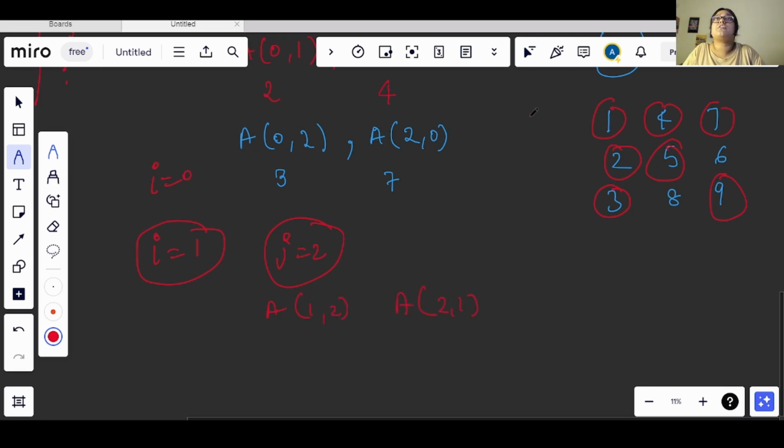So this is 0 1 2, this is 0 1 2. Here A of 1 comma 2 will give me this 6, and for A of 2 comma 1 I will get 8. So I will be swapping these both values. Basically what I will get is 1 4 7 2 5 8 3 6 and 9.